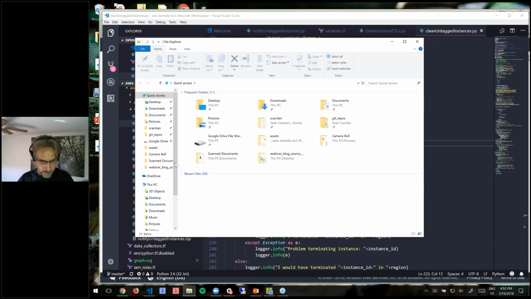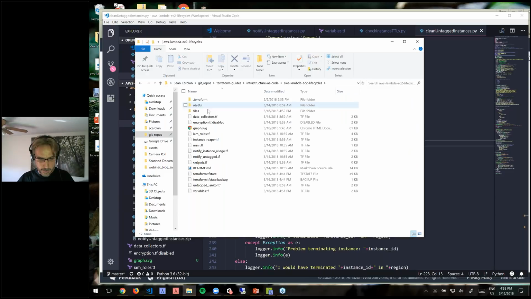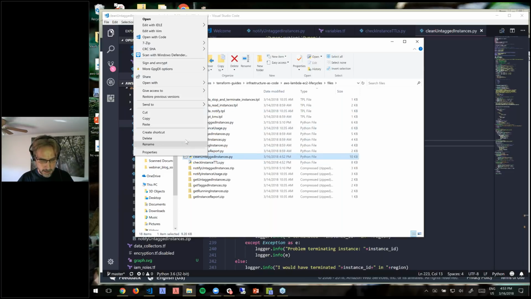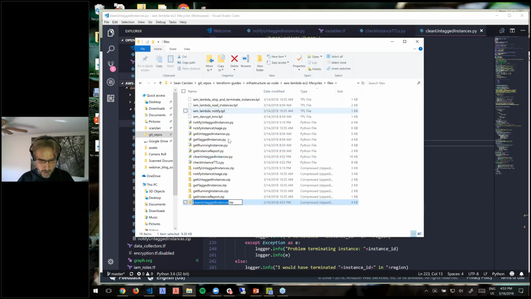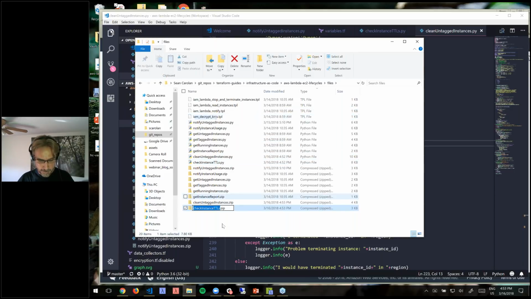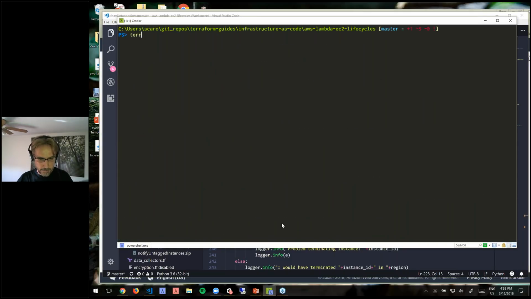So what we'll do is go down into the Git repos. So just take a second. And the two files we changed were clean untagged instances. That's our janitor function. And check instance TTLs, this is our Reaper function. So we've now recreated those zip files. And Terraform can actually detect the changes. So if we do Terraform plan again,